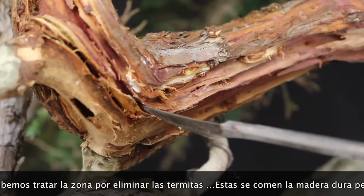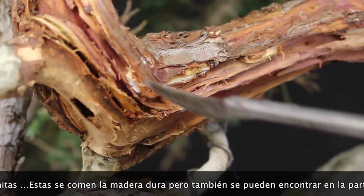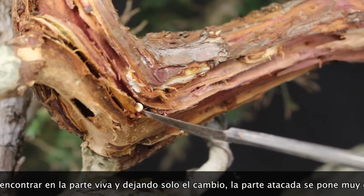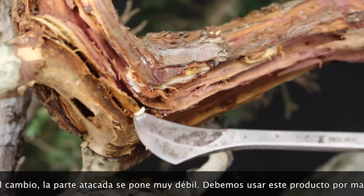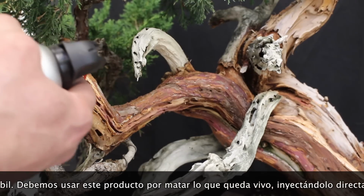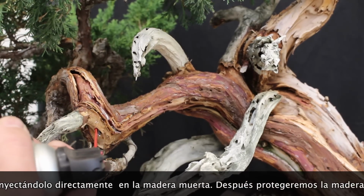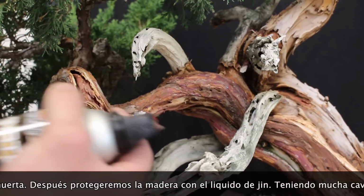The bad thing with termites is that they carve the hardwood, but sometimes they are under the live vein, and so they leave a very small layer on the live vein, and the vein then starts dying back, as happened in this area. So now we need to use a proper product, go inside of the different holes and spray so we can get rid of the termites, and after that we're gonna apply lime sulfur to all the deadwood